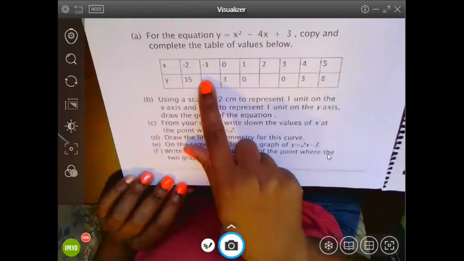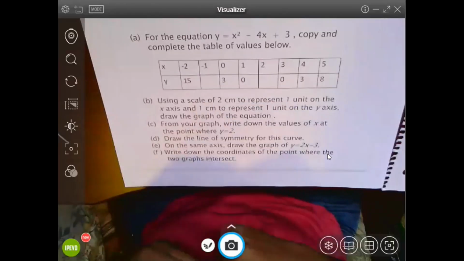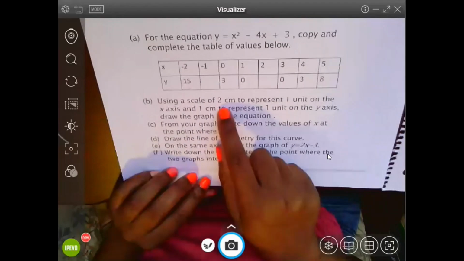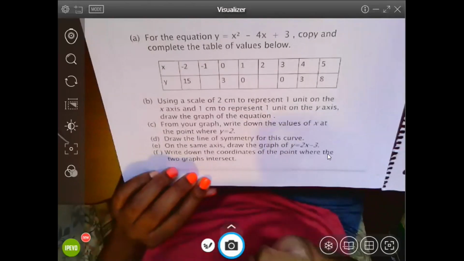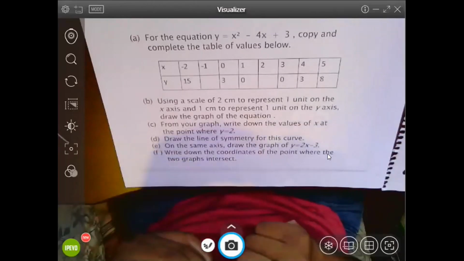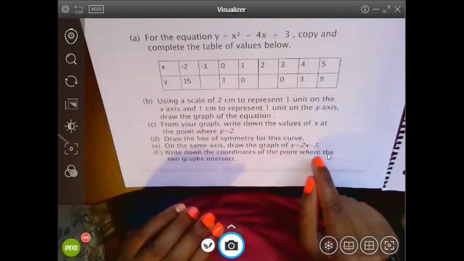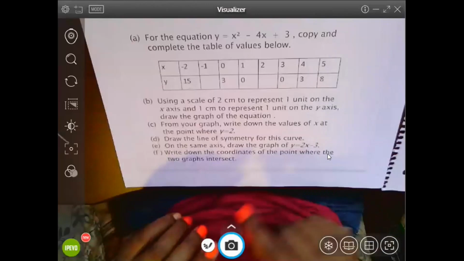B says use a scale of 2 cm to represent 1 unit on the x-axis and 1 cm to represent 1 unit on the y-axis. Draw the graph of the equation. Question C, from your graph, write down the values of x at the point where y equals 2. D, draw the line of symmetry for this curve. E, on the same axis, draw the graph of y equals 2x minus 3. And F, write down the coordinates of the point where